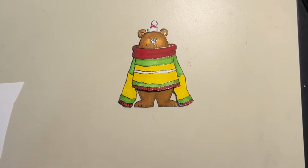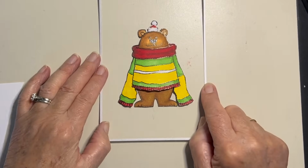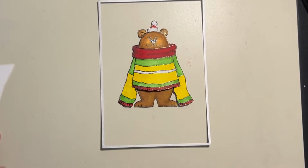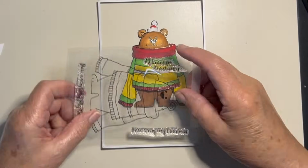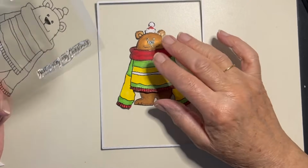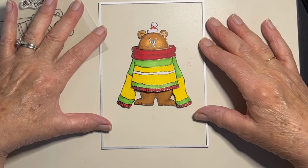Okay, what size? I think we could do a 5x7 card. Where's my sentiment? I would like to have a very cozy Christmas. That's the one there. Just wondering whether to put him into